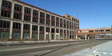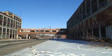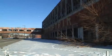I'm Michael Hodges of the Detroit News. I am the art and architecture writer at the newspaper. I also write a blog at detnews.com/architectureblog. We're here at the old headquarters of the Packard Motor Car Company, a vast abandoned industrial complex that I